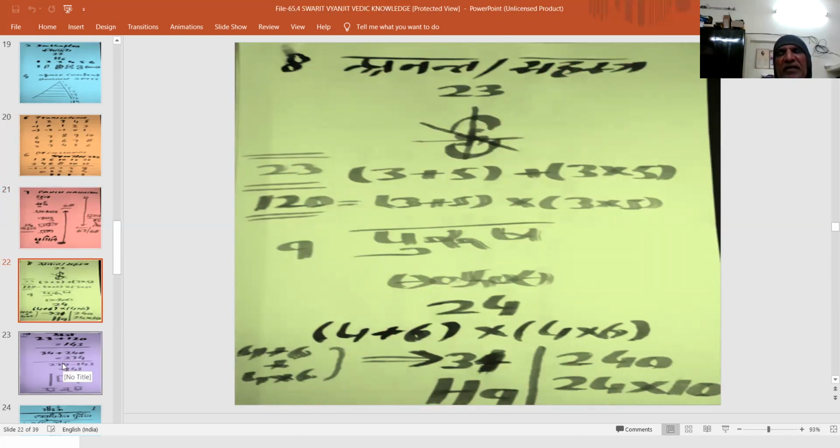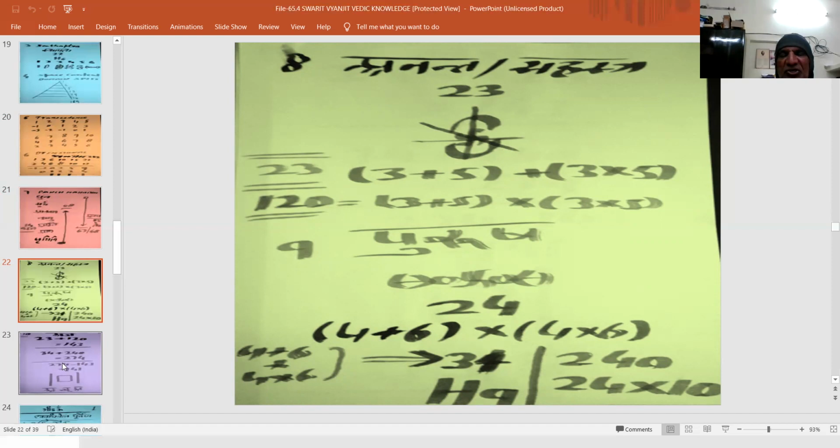And Vedic mathematics is Anand, infinitely infinite, being chased as Sahist along transcendental code value 23, which is the unique feature of 3 plus 5 plus 3 multiplied by 5. However, 3 plus 5 multiplied by 3 cross 5 is 120, and these together make it 123. Step ahead, Purusha takes us to 4 plus 6 cross 4 cross 6, and these together lead to 34 and 240.